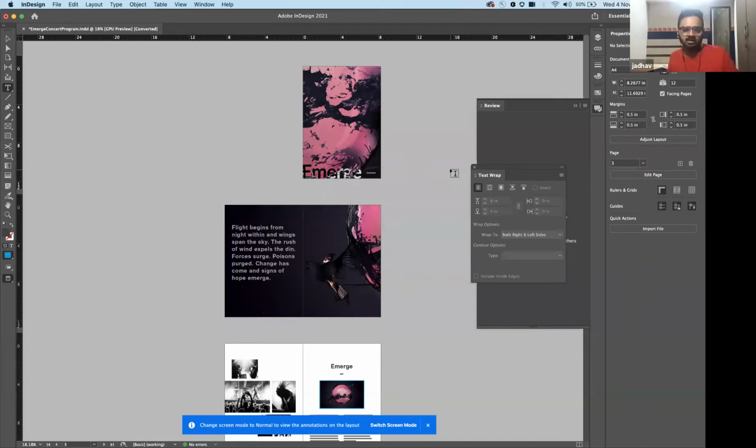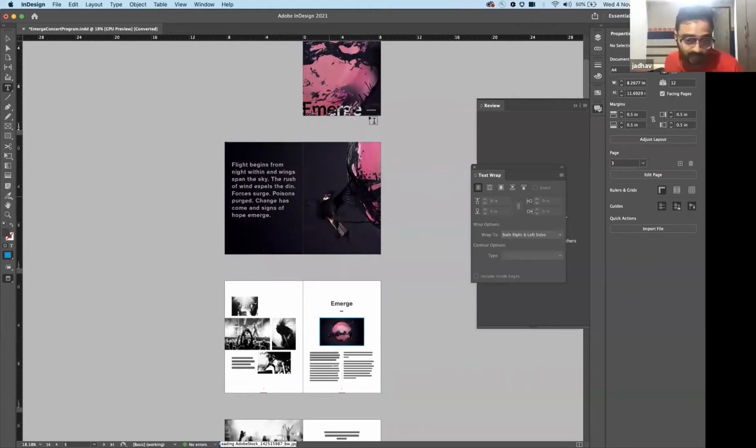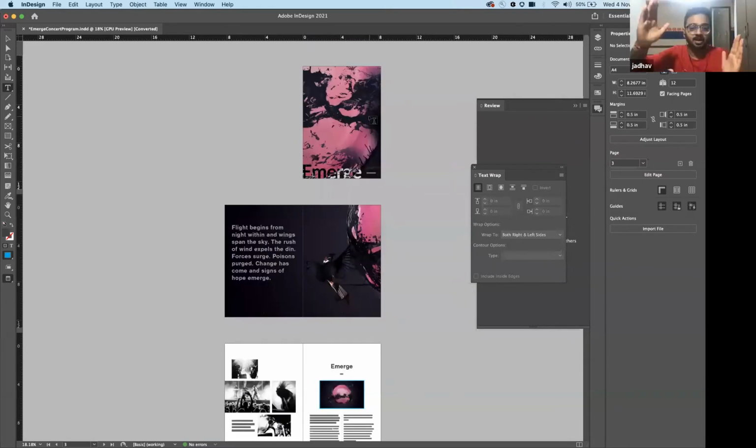Not a problem, but you will have to manually go and change the different elements, right? The text, the images, the artworks and all. But what if the customer tells you that in this example, everything is in a portrait format? What if the customer tells you, can you make it a landscape format? Now, you'd have to make it a completely new artwork and reposition from scratch. But if you're using InDesign's new features, it's very simple.